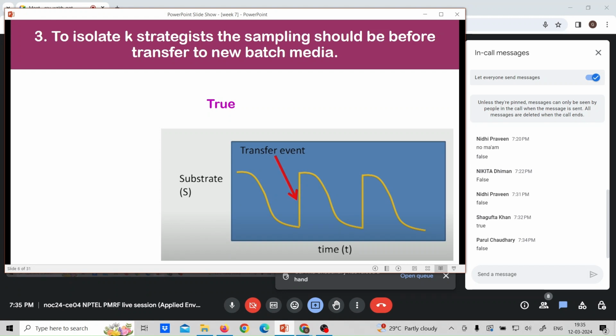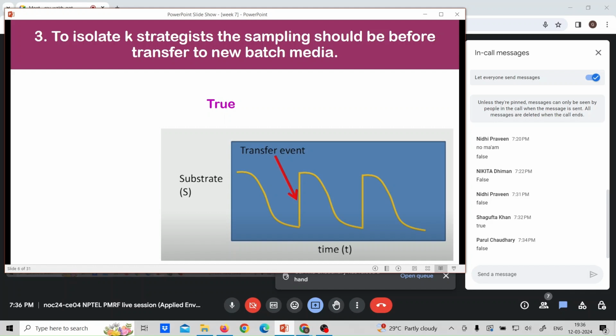Okay, so this is the graph. I think you have seen this in the lecture. Basically, in microbiology, R strategists and K strategists just depend on the acclimatization of microorganisms. K strategists are able to adapt to a crowded and resource-limited environment. So K strategists can survive at a little lower nutrient concentration and higher competition